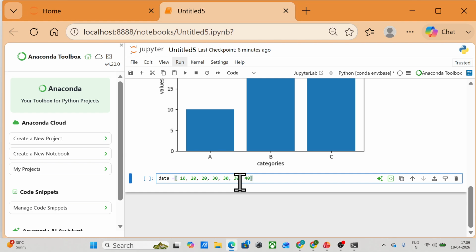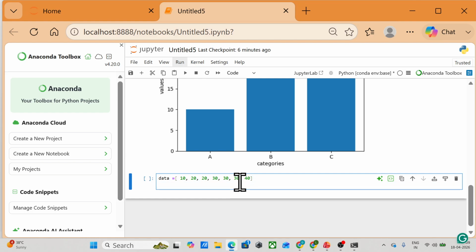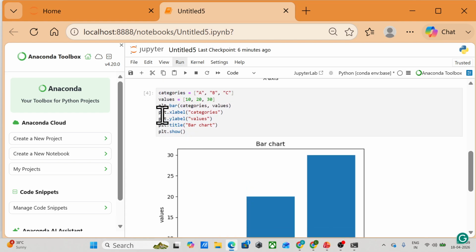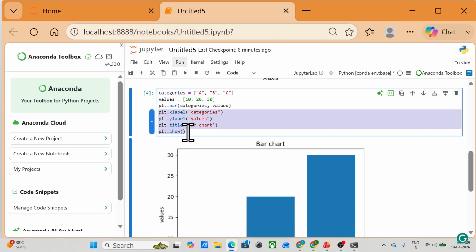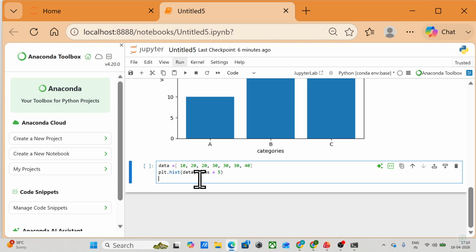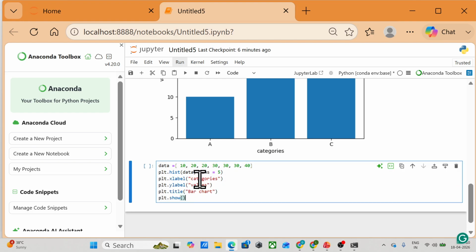Then we want to plot a histogram, so it will be plt.hist, and we want to plot the data, and for bins we are going to take 5. Now again we will take the x label and y label.